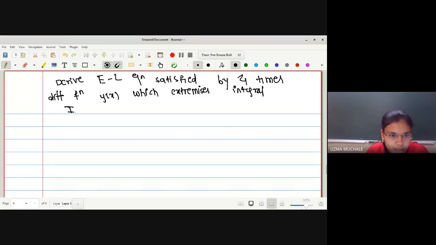I is equal to integration x1 to x2 of f of x, y, y dash and y double dash dx. Up to now we have seen x, y, y dash only for the first one. Second one x, y1, y2 and so on. We can write x, y, y dash, and here simply we have x, y, y dash, y double dash. Under the condition that both y and y dash are prescribed at the endpoints. That is, we are provided that y of x1 is y1 and y of x2 is y2.